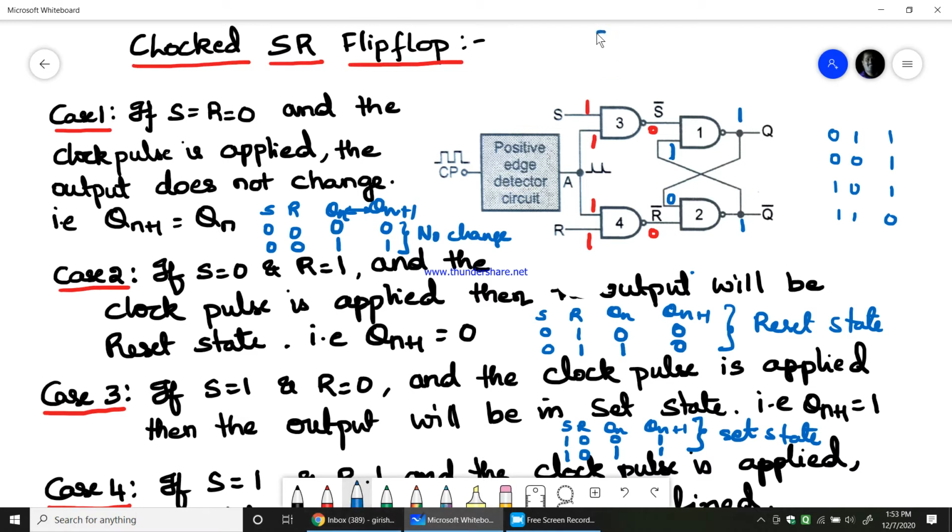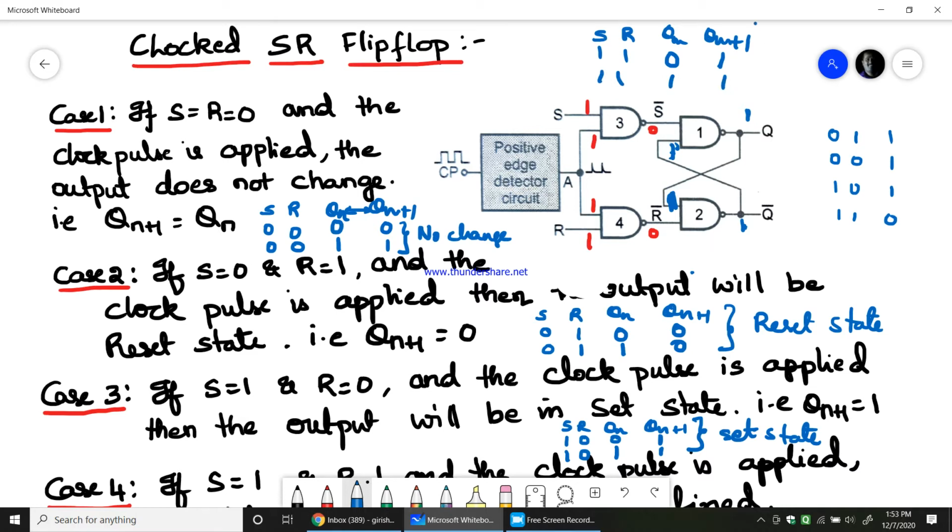So here S and R is 1 1, Qn and Qn plus 1. I assumed 0, I got 1. Let me assume 1 now. This becomes 1. 1 ANDed with 0 will give 1, and this 1 is given here. 1 ANDed with 0 is 1. Therefore,